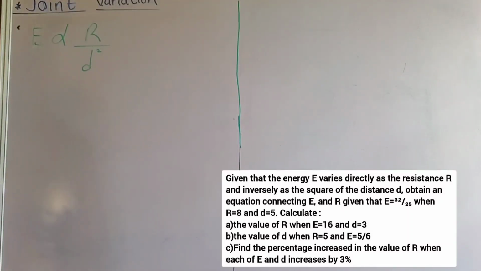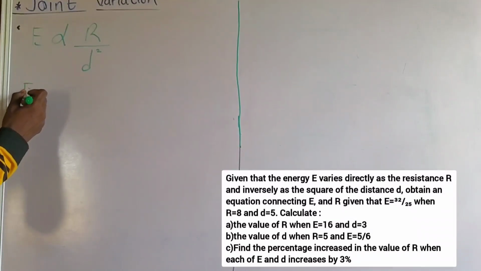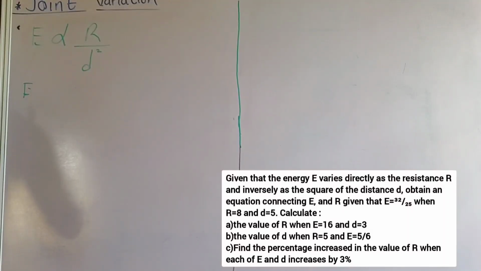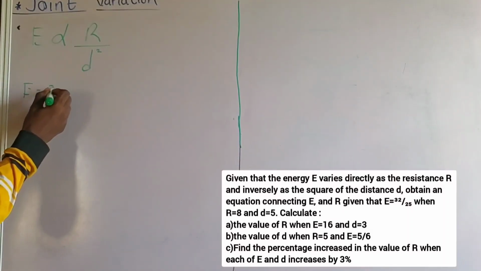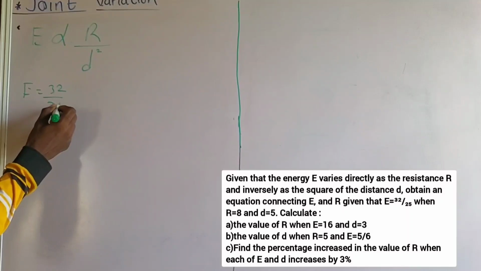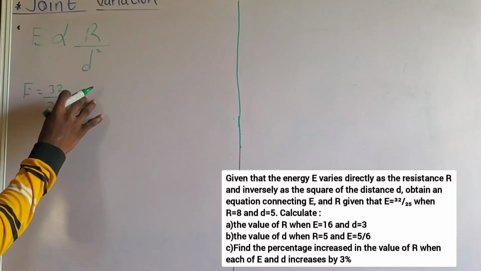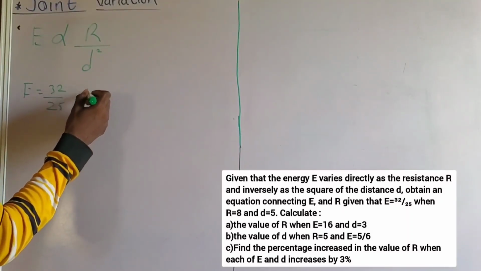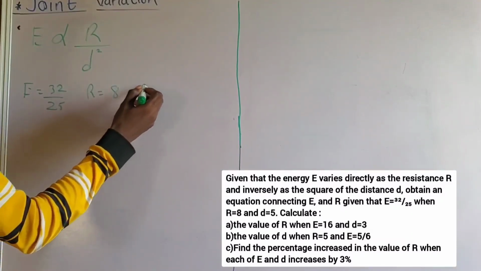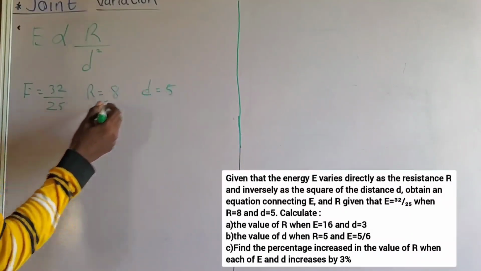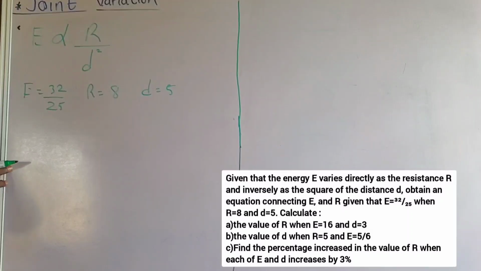Now we are asked to obtain an equation connecting E and R, given that E equals 32 over 25, please pay attention, E equals 32 over 25, when R equals 8 and D equals 5. And we are also asked to calculate, well, before we calculate, let us first obtain the equation connecting E, R,